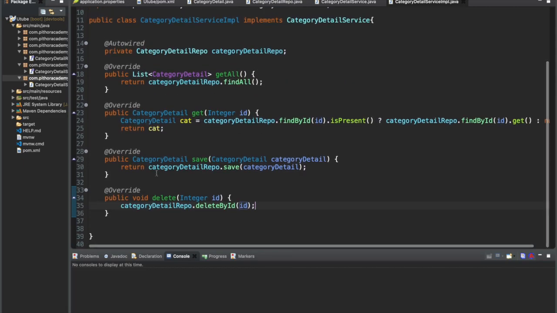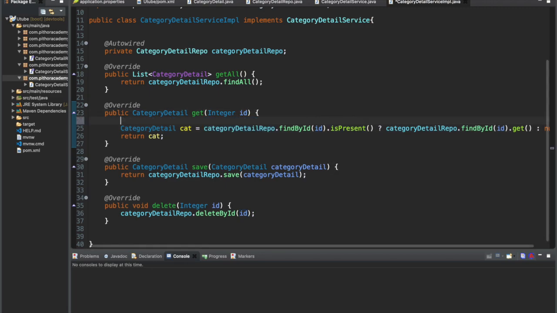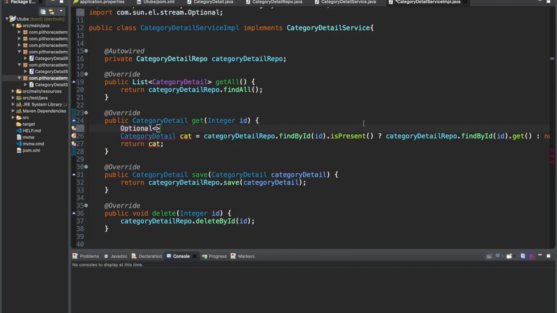But wait a minute, there is a better way of writing the code. What we are doing is fetching this and again checking if present. So we can create an Optional. This Optional was added in Java 8 just to make sure we don't get null pointer exceptions. It will be of type category detail.